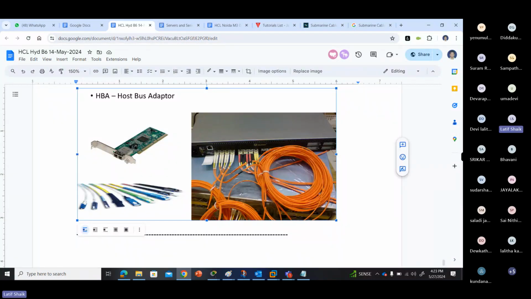What is this? This is an adapter. For example, you have a system and you want to connect it to the fiber optic cable. So you need this host bus adapter. You have to insert it into your system so then you are able to connect. And the switches must be fiber optic switches. And the cables are different types of cables. We have to learn the cable types and connectivity types, and we need special equipment to measure whether the cable is actually good or not